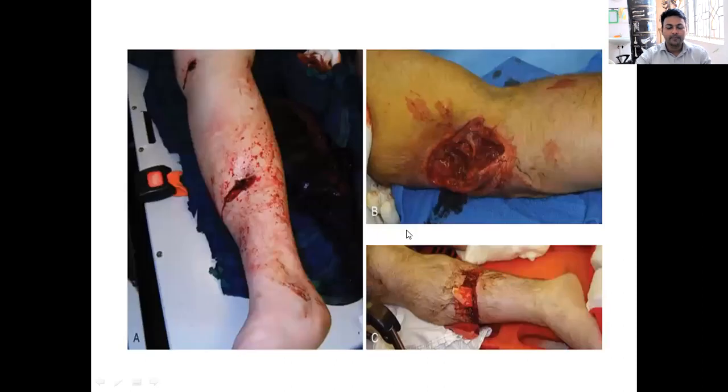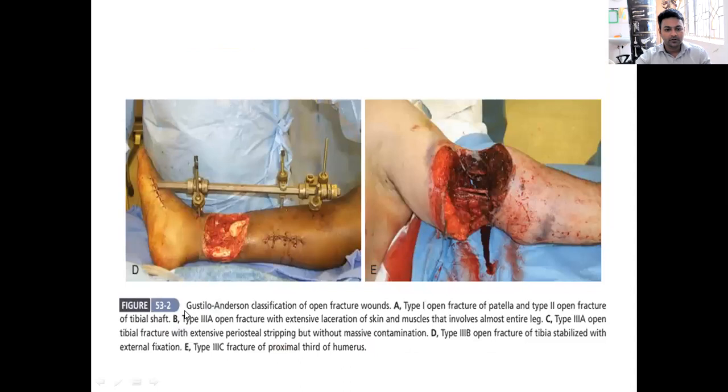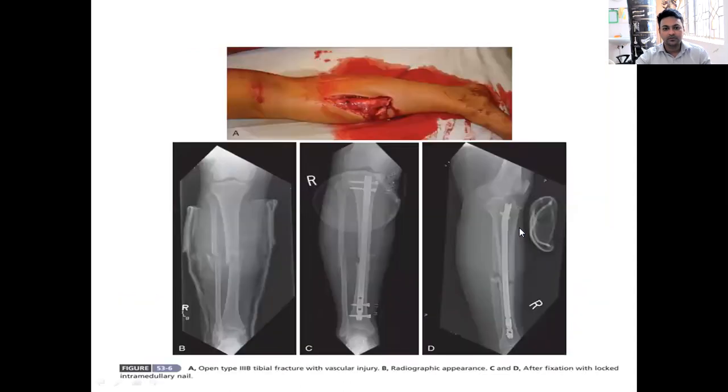Here you can see a clinical picture showing an open fracture where the fracture itself or the fracture hematoma is in contact or is communicating with the external environment. Here you can see the bone spiking out of the wound area. Here you can see another fracture, an open injury, which is later fixed by an intramedullary interlocking device.